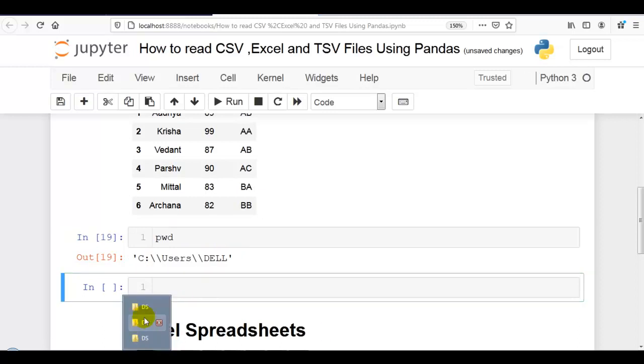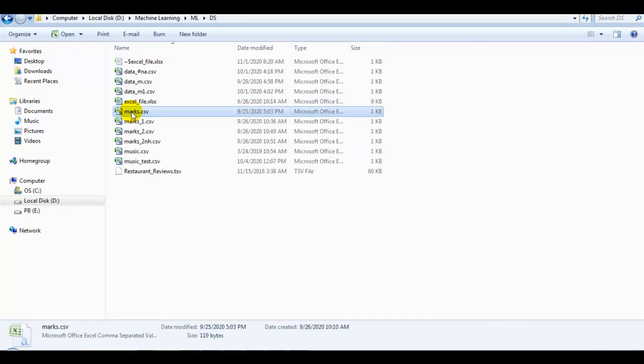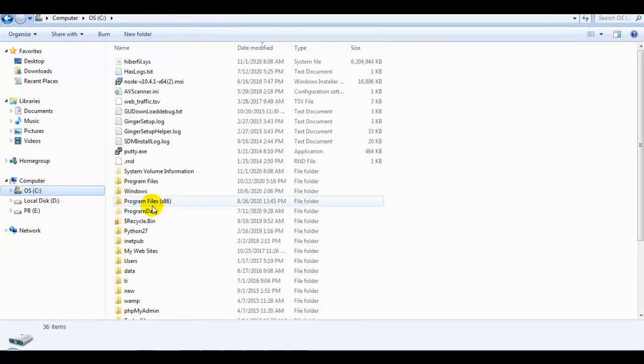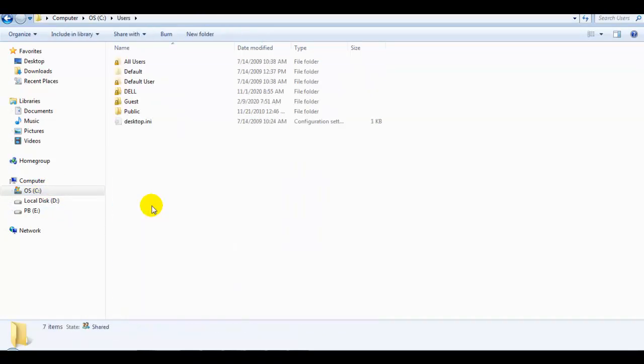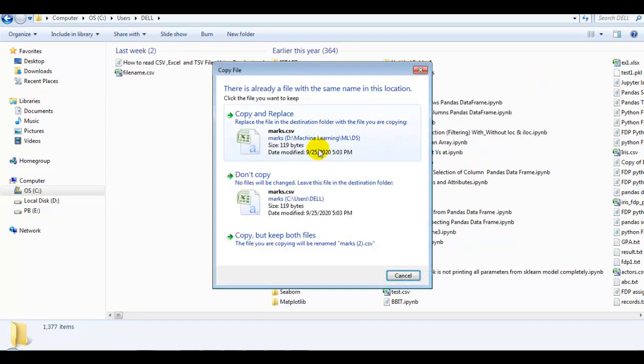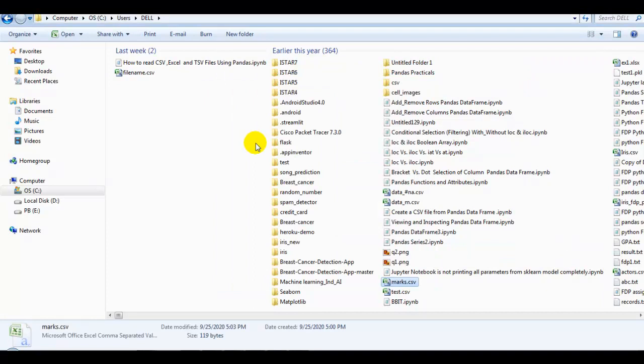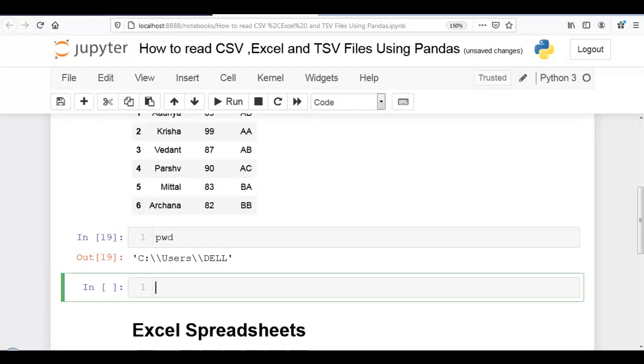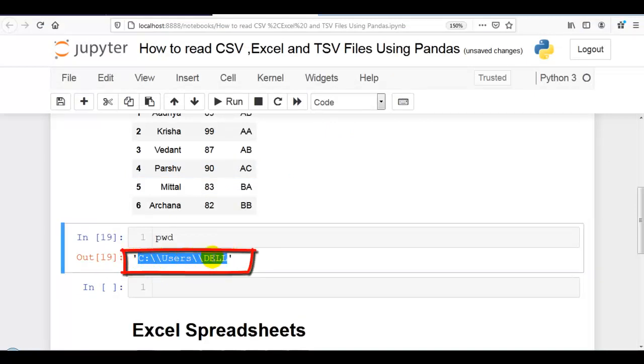Let me copy this file that I have to put at C users del, and paste it with Control V. It is already available, so let me copy and replace. Now you can see my file is available at this particular location, C users del.